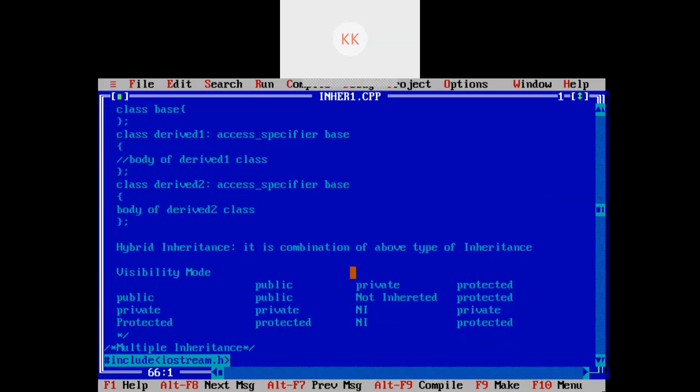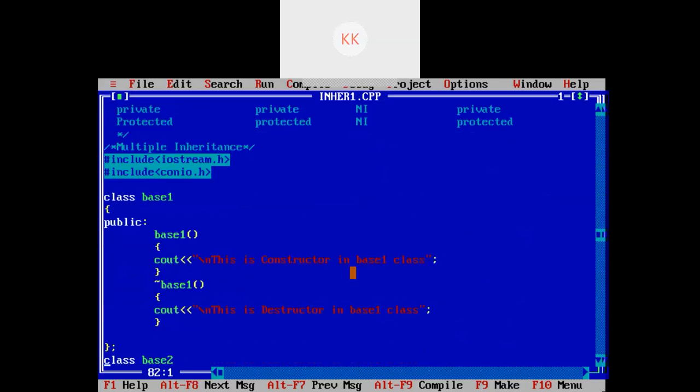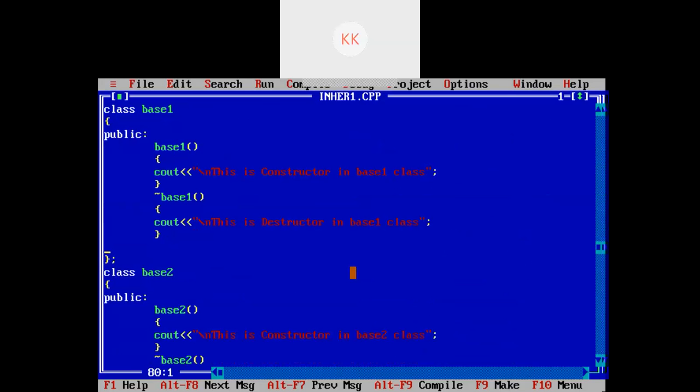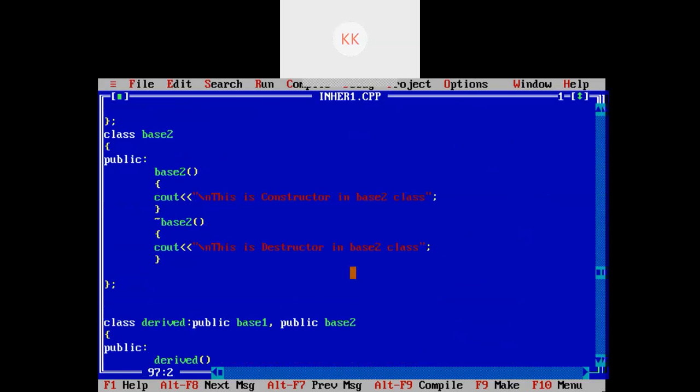On which criteria does it depend which constructor is called first? It is the sequence of inheritance which we are using. So we have inherited base class 1 first, then base class 2. That's why the constructor in base class 1 is called first. After that, the constructor in base class 2 is called. If you change the sequence, the calling of the constructor will also change.